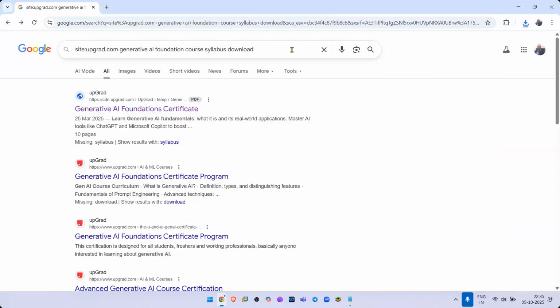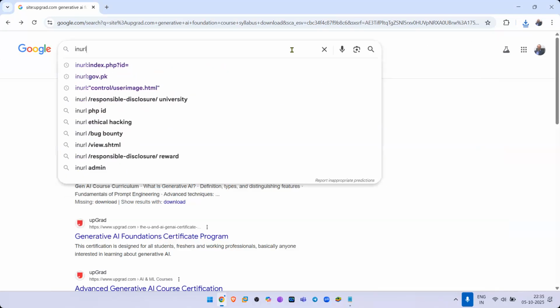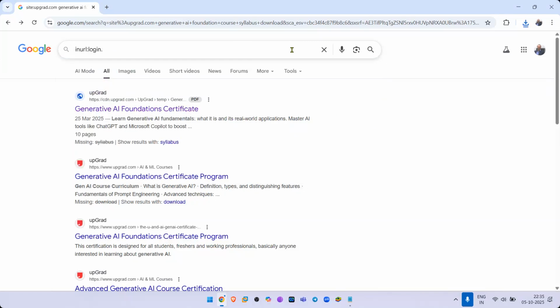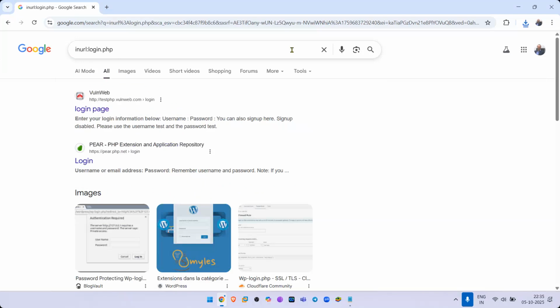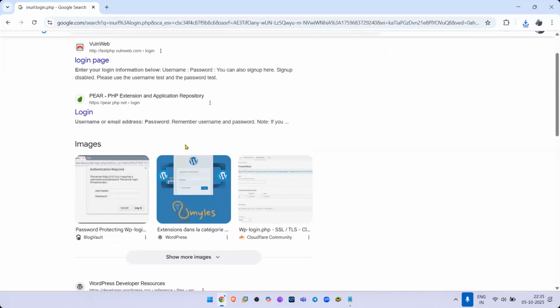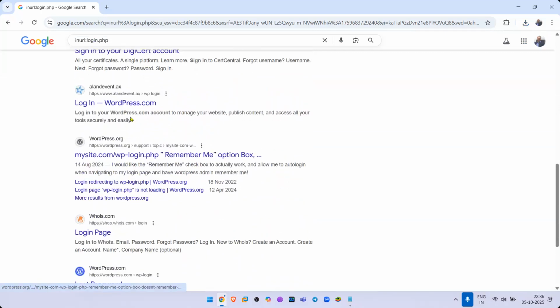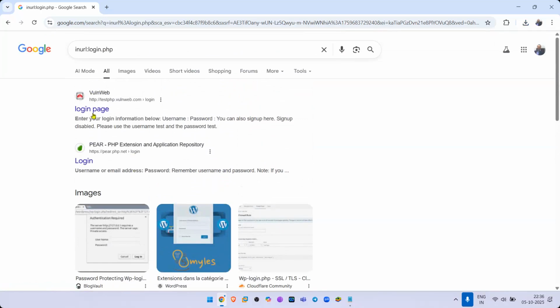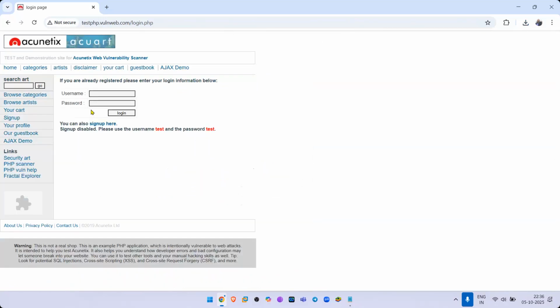Let's go and search for something called inurl. So you say inurl login.php and you press enter. Now you will be able to see all the websites. Remember, you are a hacker and you are looking for websites in which you can log in. So these are some of the websites where you can log in. This one is a login.php website. This is a login.php website. The first one, we are going to use this. We are going to hack these websites many times in our course.